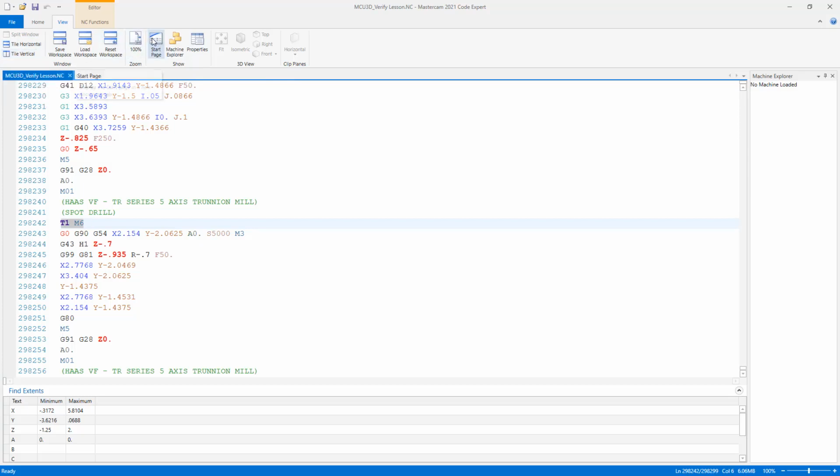You can also navigate to the Start page or open up what's called the Machine Explorer or the Properties. And again, the Machine Explorer and the Properties, for the most part, will be utilized more for mill turn environments, because right now it even shows here no machine has been loaded. But this is a full text editor, so if you wanted to go in here and make a change to your spindle speed,